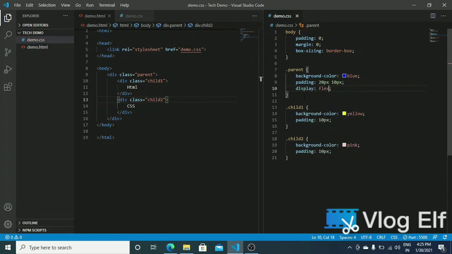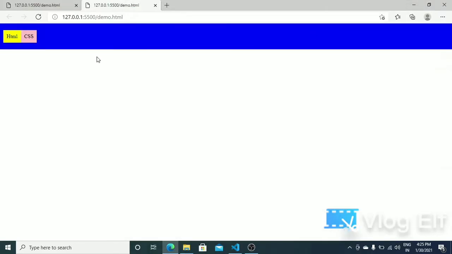Now if I make this display flex, then they will come side by side. Each is taking only the space which is required by its text, and they are coming side by side. So this is something called flex.